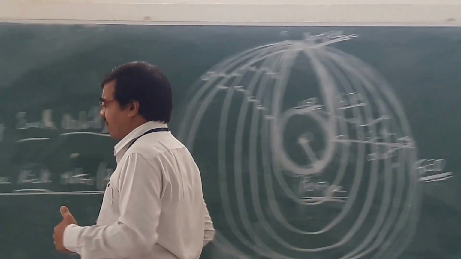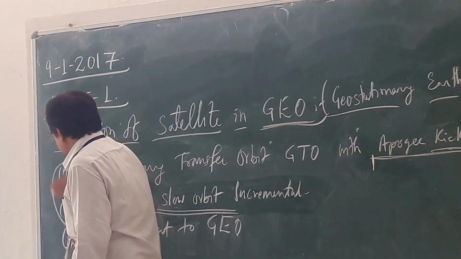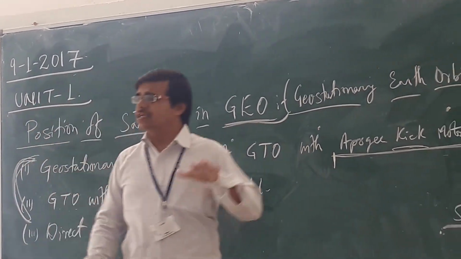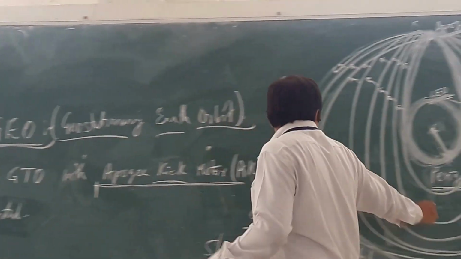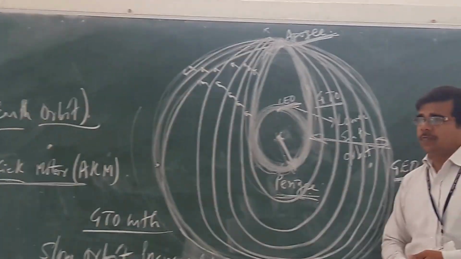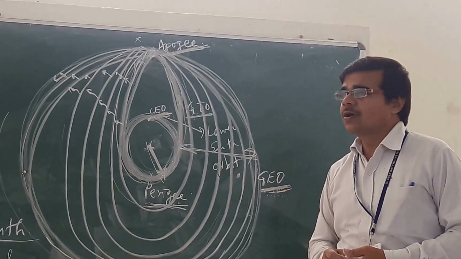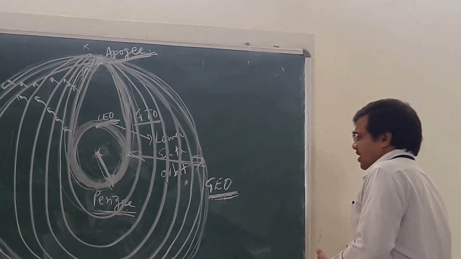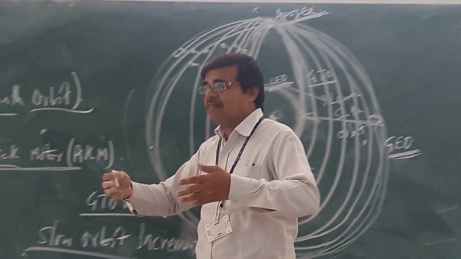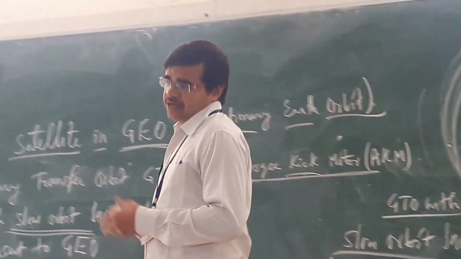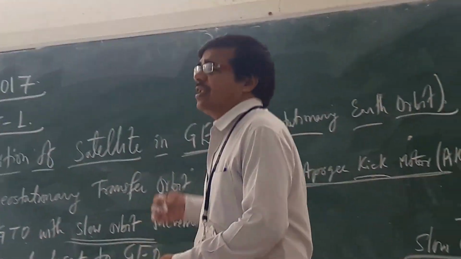Okay. In these two cases, launch vehicle is responsible only till your lower Earth orbit. Till this much only it is responsible, not more than that. Okay, and after that, the satellites will have an average life period of around 15 years. So they will give services for 15 years.